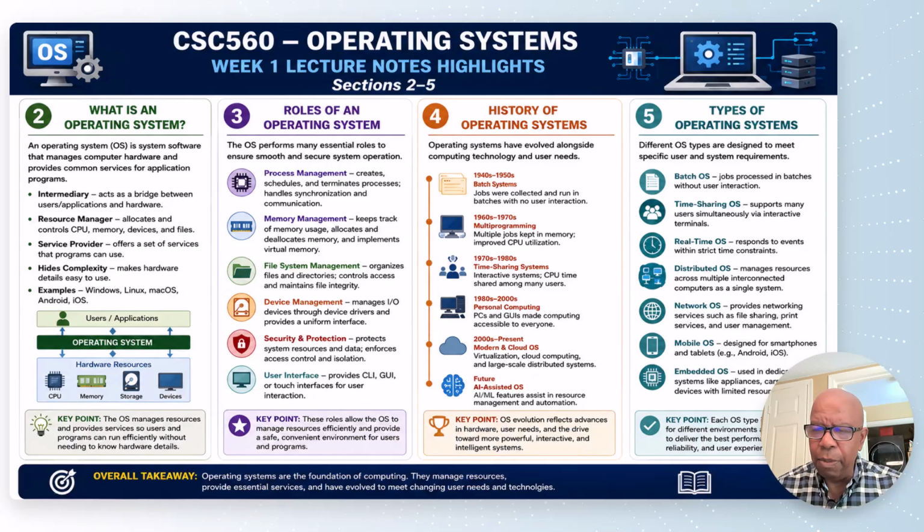And then when we talked about examples of operating systems: Windows, Linux, Mac OS, Android, iOS, all unique operating systems that are working on a certain set of hardware. And that's displayed here, where we have the users and applications interfacing with the operating system. And with that, they're going to interface with the CPU, the memory, the storage, the devices. The operating system is that intermediary. That's the most critical thing, the intermediary software that's enabling all of this to happen.